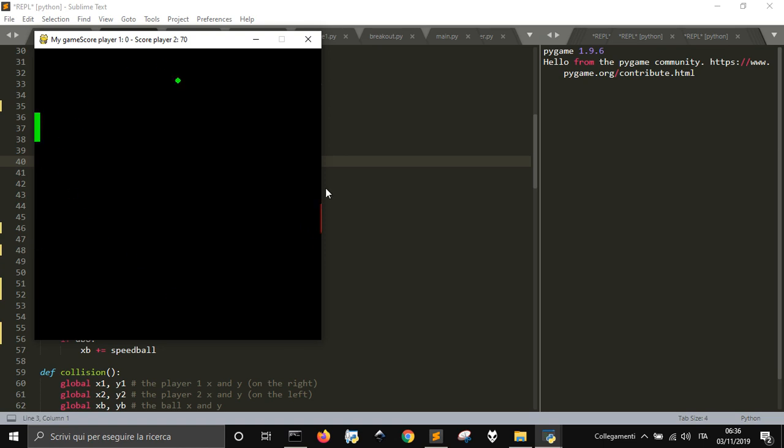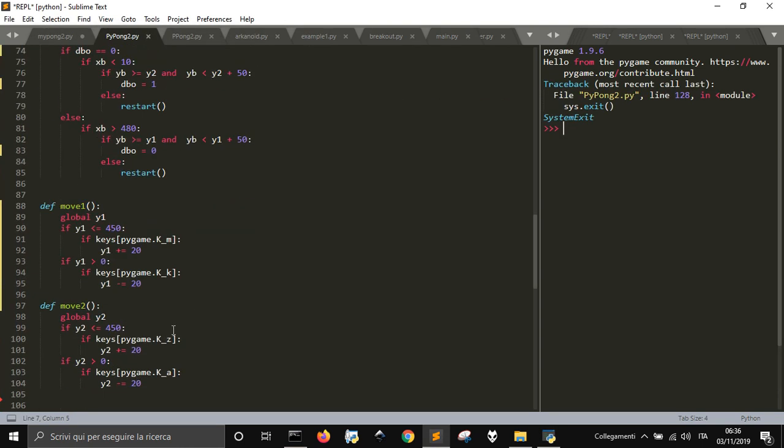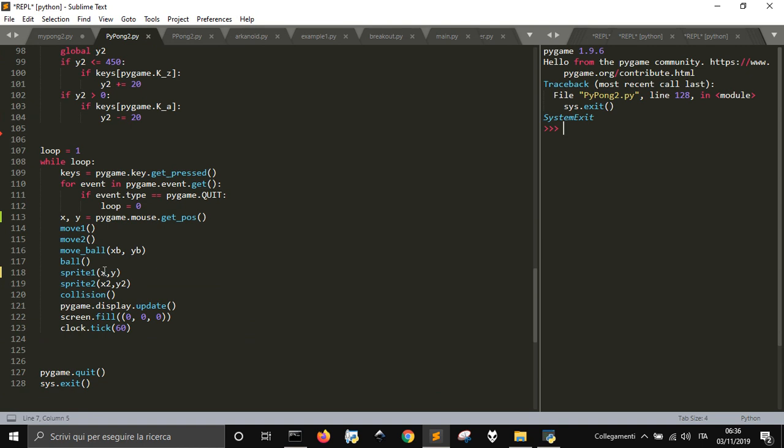But you can see that I have to stay here to have the chance to push back the ball, and I don't want it to move on the X position, so I have to use X1 as a fixed